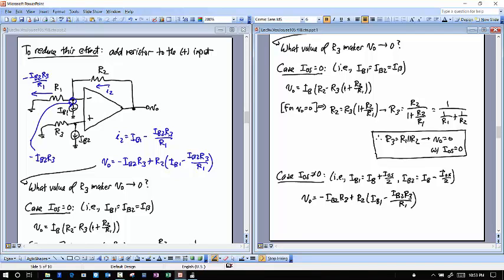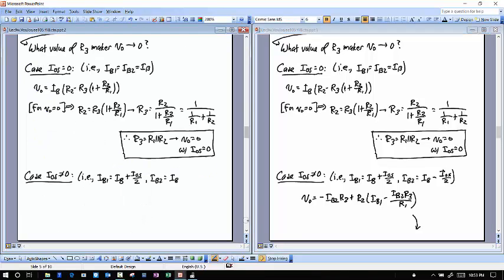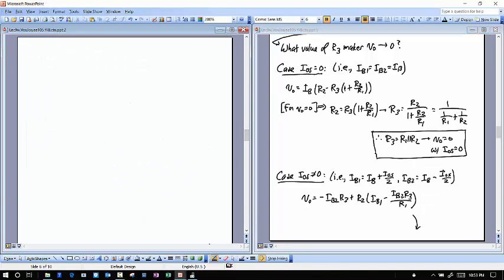Okay, and so I'm going to go ahead and expand this equation. I'll go ahead and do it on this side here. And so if I expand that, I'm going to get V out is equal to minus IB times R3. All I'm doing is plugging in these values, the IB1 and the IB2 from up here, and I'm going to write them in terms of the common mode IB and the differential IOS values. And so getting back to this, it is minus IB times R3 plus IOS times R3 over 2